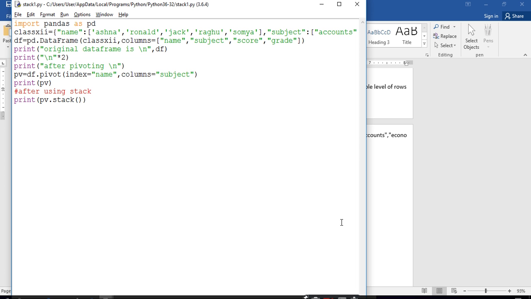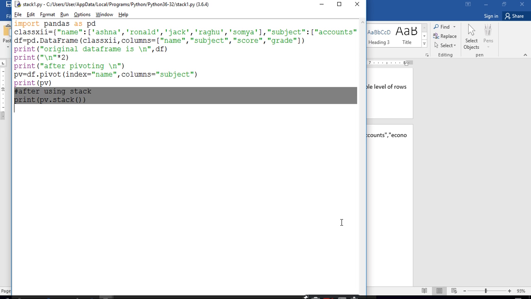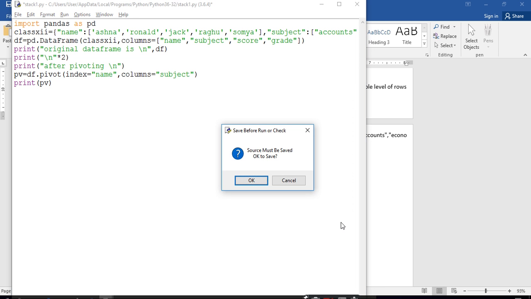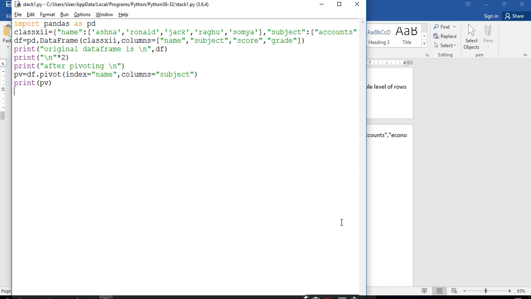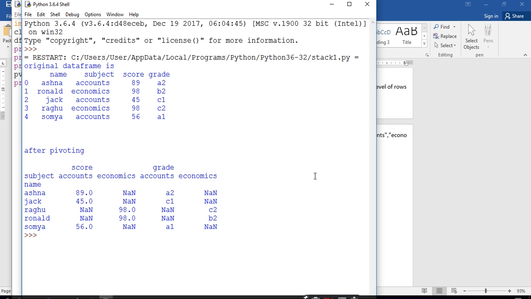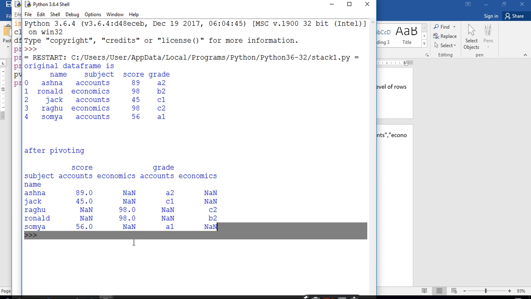So this is your simple data frame. See guys, this is your original data frame and this is your pivot table that you created using the pivot method.